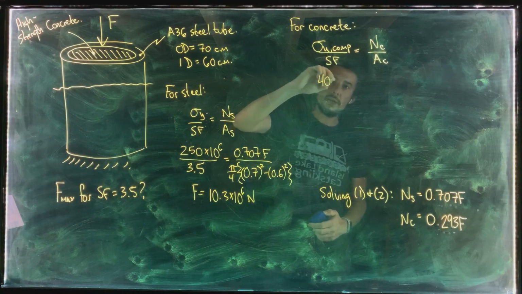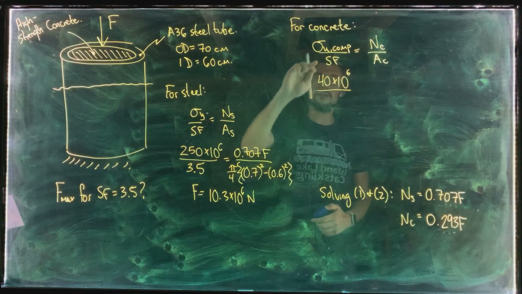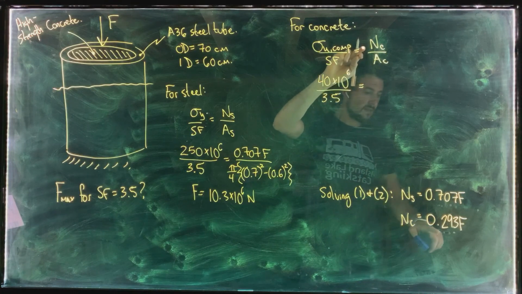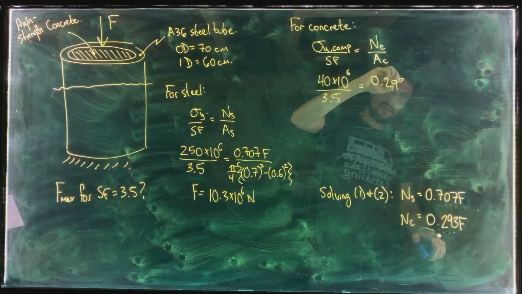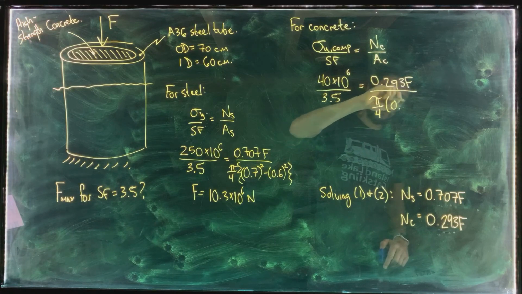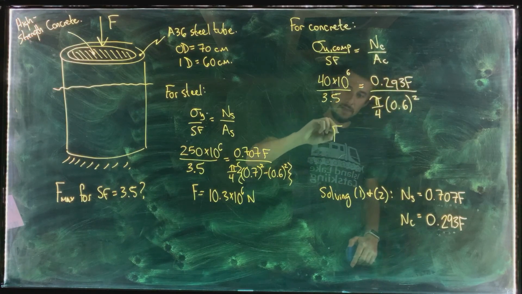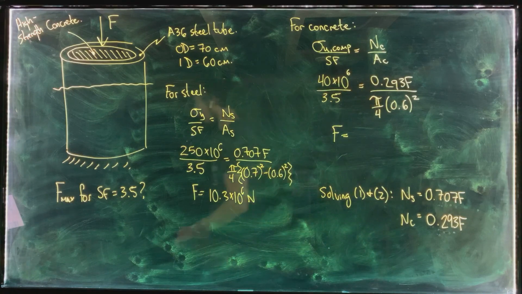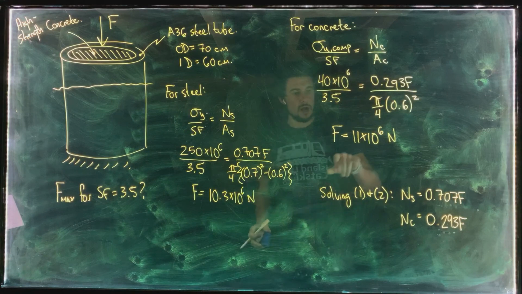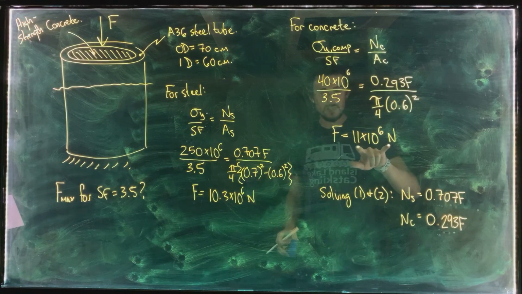So we've got 40 times 10 to the 6 here divided by our safety factor, which is 3.5, is equal to NC, which was 0.293 F divided by the area, pi over 4 times 0.6 squared. And then we get another value of F from doing that. And that gives us 11 times 10 to the 6 newtons. Okay, so 11 times 10 to the 6 newtons, 11 meganewtons here,